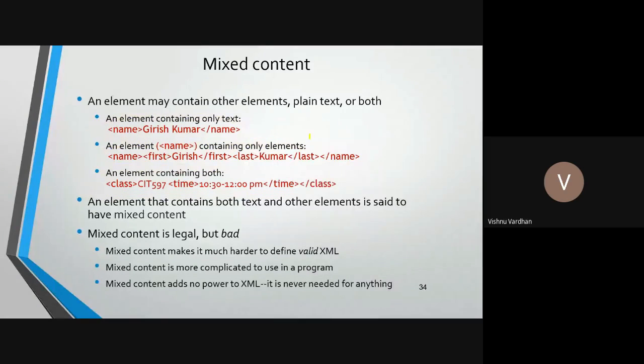But you can see they are clearly nested, not overlapped. Here there is one element, and the second one is this one. These two are properly embedded in the name element. So this is a well-formed and valid element, valid XML. Then the element containing both. Look, here directly PCDATA has come, and here inside the PCDATA there are also elements, this possibility is also there. And in the third version there is text and also elements. This is also valid. So when you design XML,